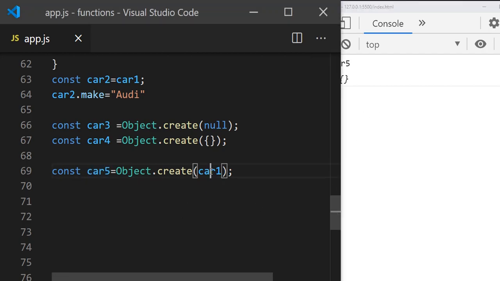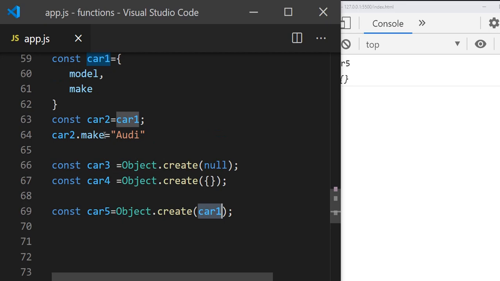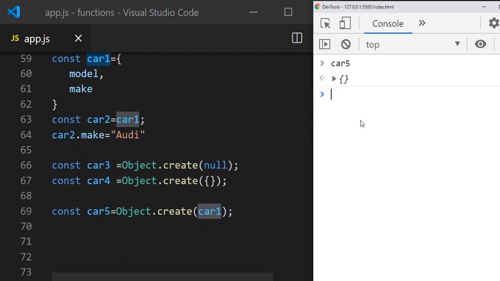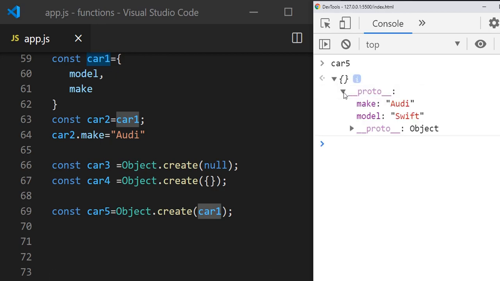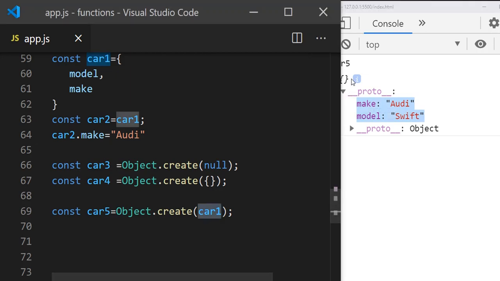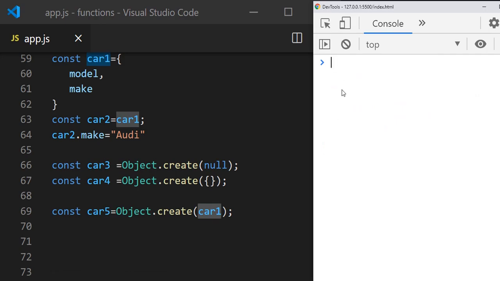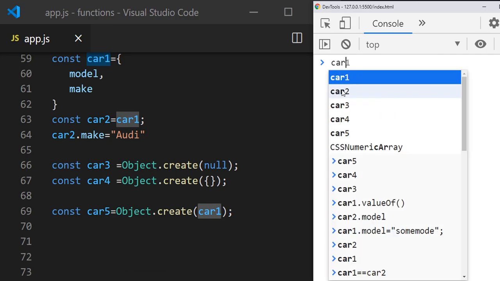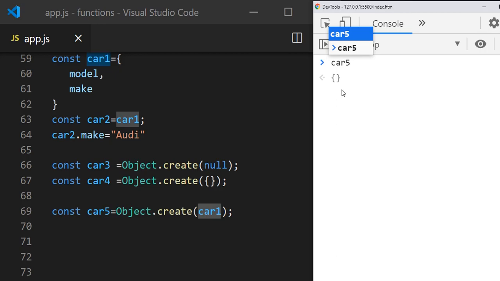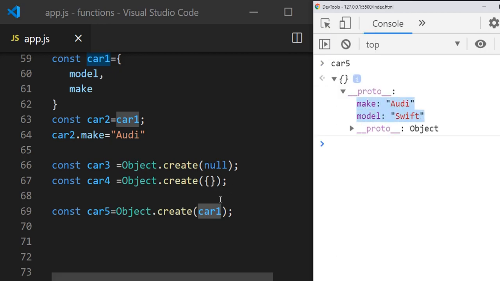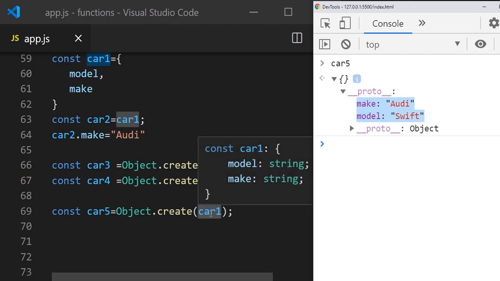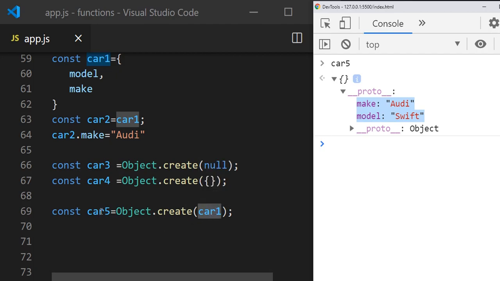But car1 has properties like make and model, while car5 does not have anything. Why? If you open it, you can see the proto, it is inherited from this. You can see make and model are there, but by default it will be created with empty properties. So that's the reason it won't just copy the object. It will be created from the object whatever you pass here. So it will not copy the entire object as it is to car5.